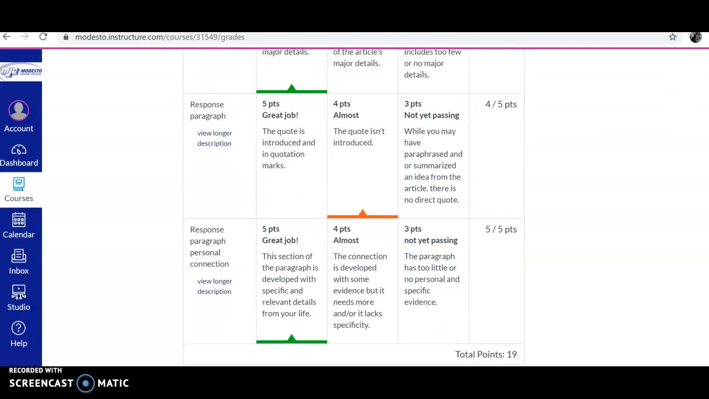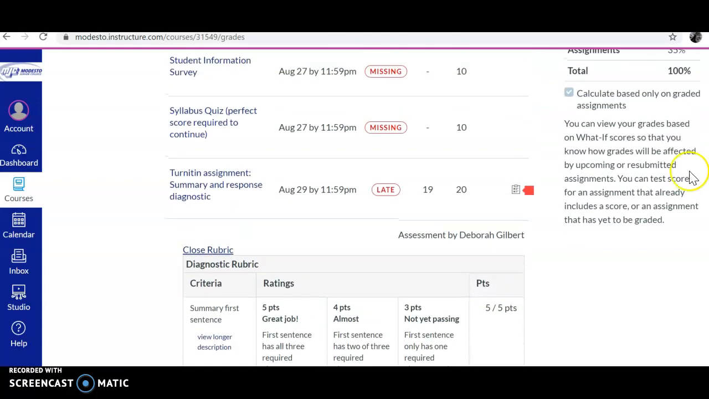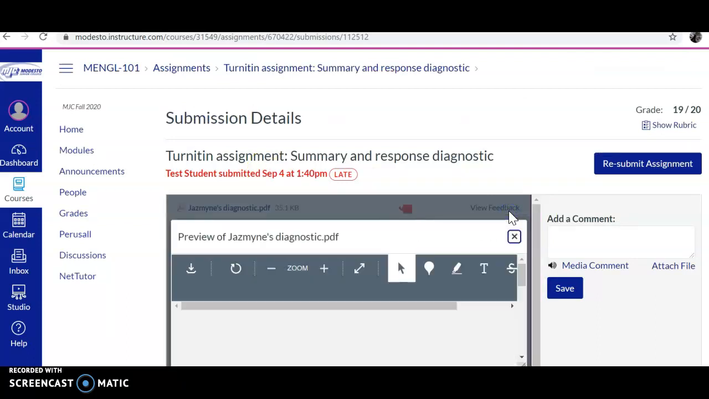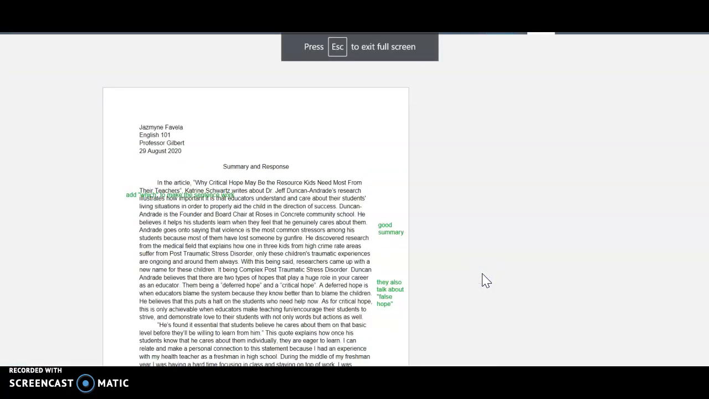So you can see here, this response paragraph lost 1 point because the quote wasn't introduced. And then you get more specific information by clicking on the title and then view feedback. And then click on this little expander bar here. That'll make the comments bigger. And you can see